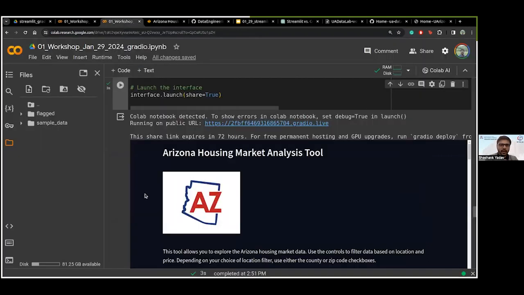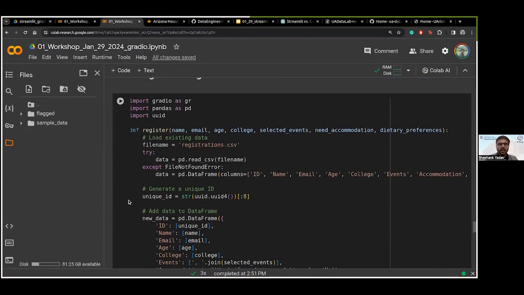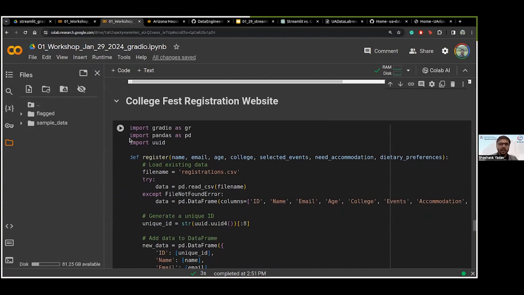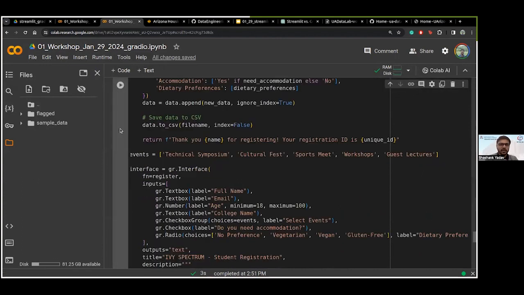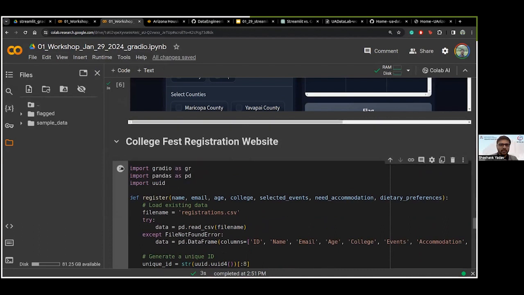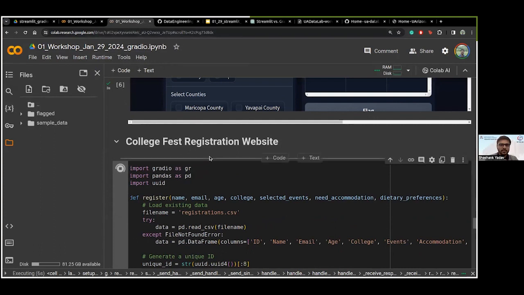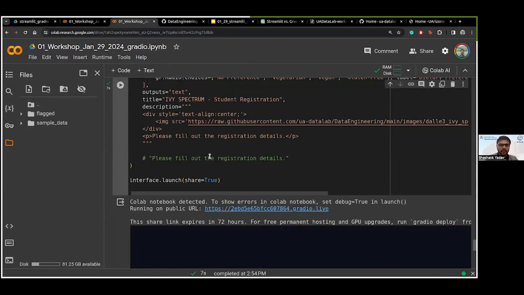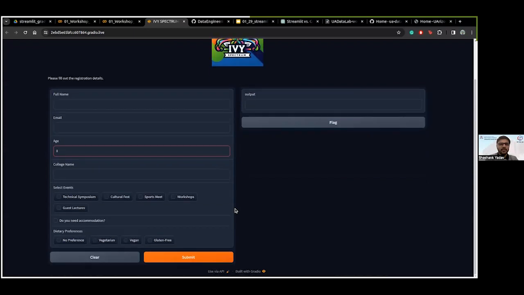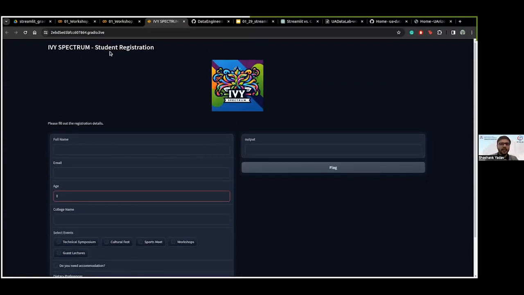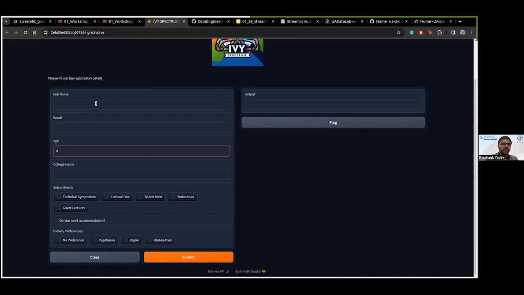Okay, let's go back to the final application. And again, we try to do the same thing, the college fest registration website with Gradio. So once it runs, we can again go here and see the same functionality. That was your first name, student registration. I put my own name here, my email,